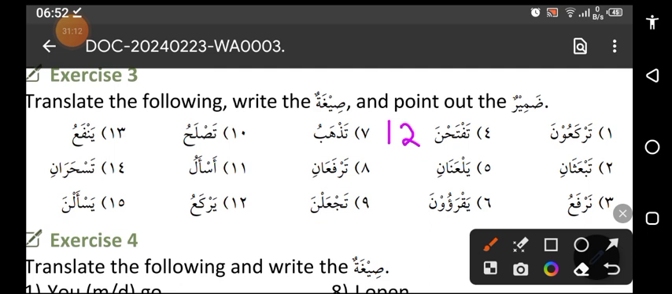Question number 5. Yal'anani. Again, we have ani at the end, so there will be 3 sighas. It will be one of the 3. So yal'anu yal'anani, but this one starts with a ya. So there won't be 3 sighas, right? There will be only one sigha. Yal'anu yal'anani, the second one. It means they both,